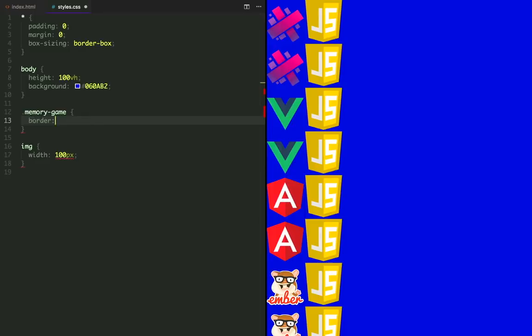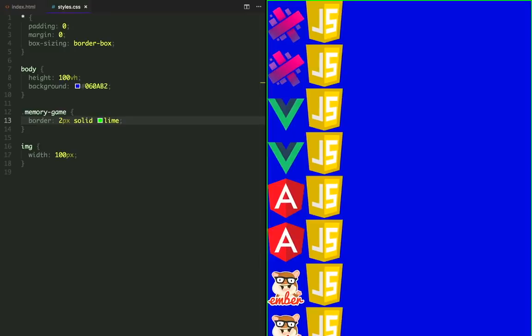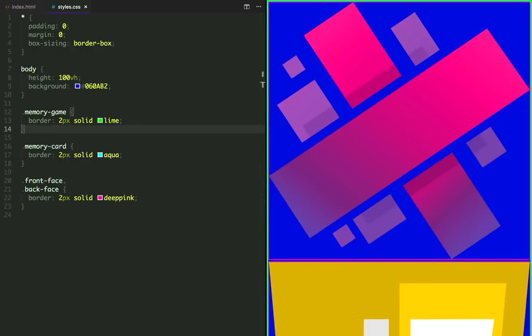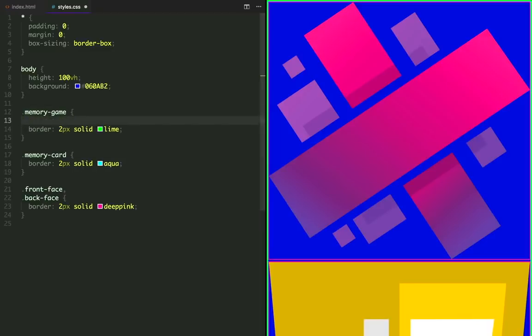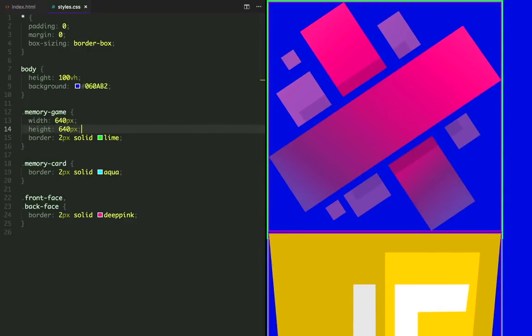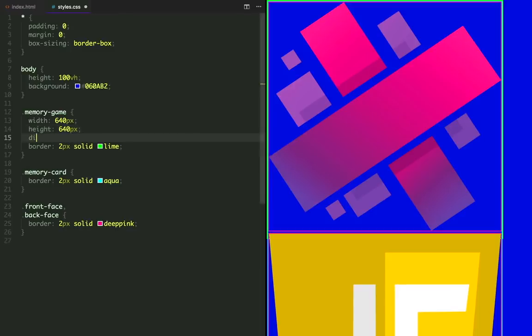So let's add a border to each one of them so we can better visualize them. Let's remove that temporary image width and let's add a 640 pixel width and height to our container. Let's also set display to flex.